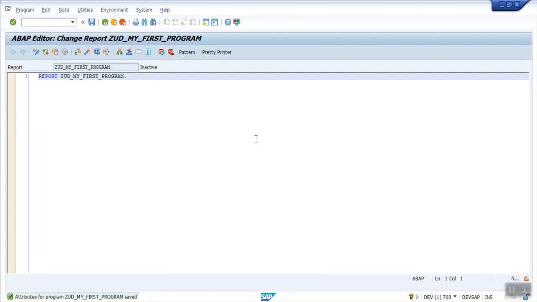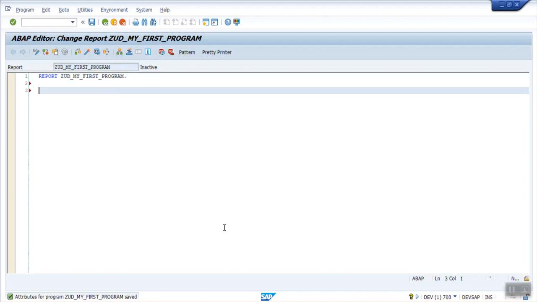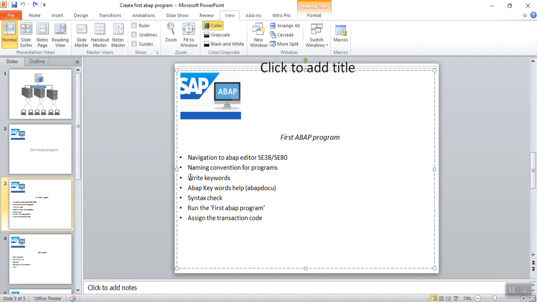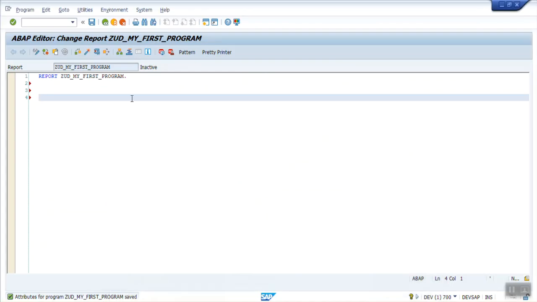Now this is called the ABAP editor screen. Here we can write our first write statement. As I mentioned, we'll use the write keyword. Let's say I want to write my first ABAP program.